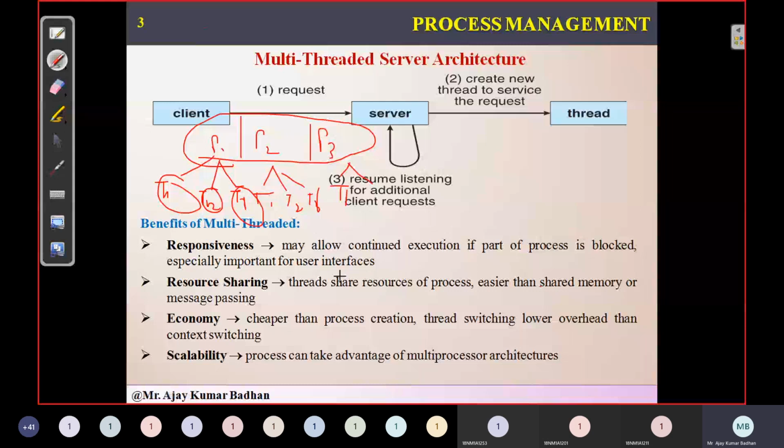It's a common scenario. If one person is doing all the work, definitely it is going to take time. But if you split that work among multiple people, the time will be reduced and the work will be much faster. The same scenario has been used here in your threading concept. Okay.